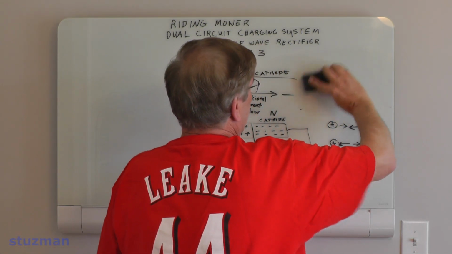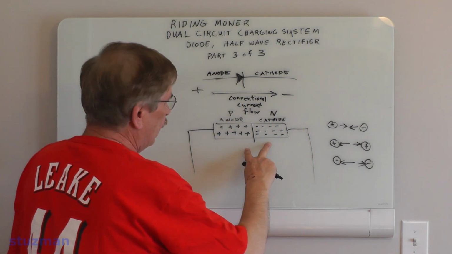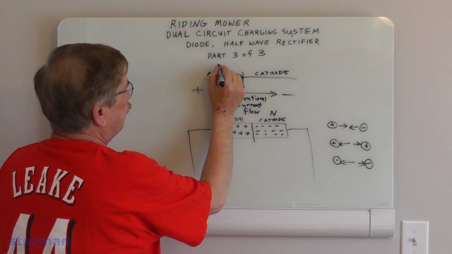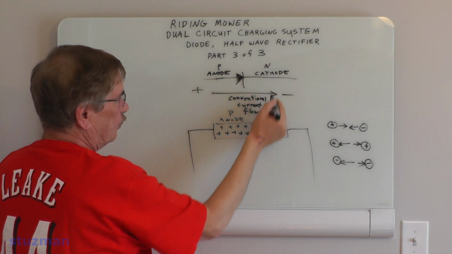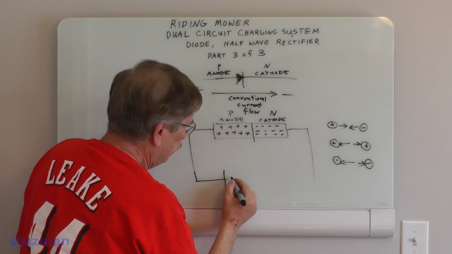So, let's go back and look at this right over here. Let's say I'm going to take this diode right here. And by the way, this would be the P-type material over here, and this is the N-type, right? Just right down here. Now, let's say I'm going to take this and hook it up